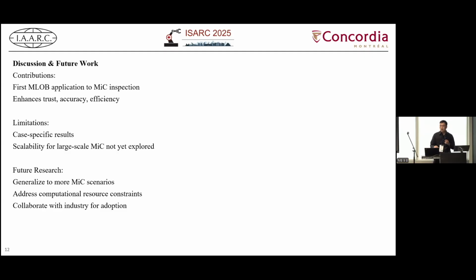However, this research also has some limitations. The first is that the MLOB application is only verified on a single case, and lacks generalizability. So for the conclusion, we need to test it on other engineering management tasks or MiC projects. And secondly is the scalability, because the evaluation result comes from a single model, and we need to examine scalability for some large scale